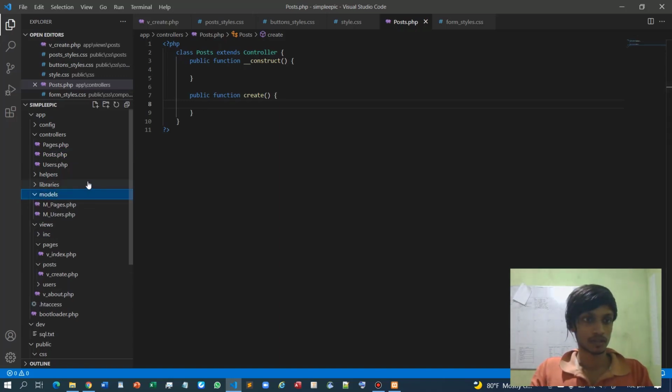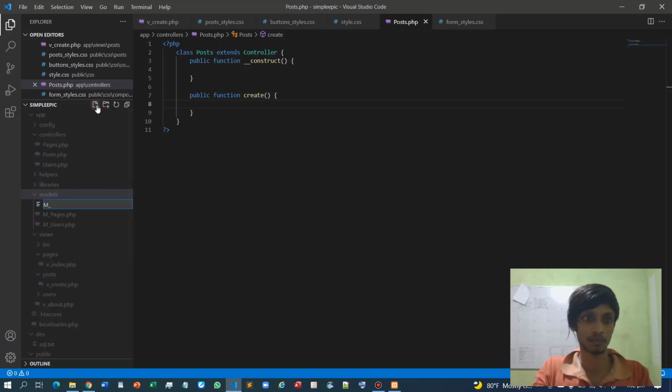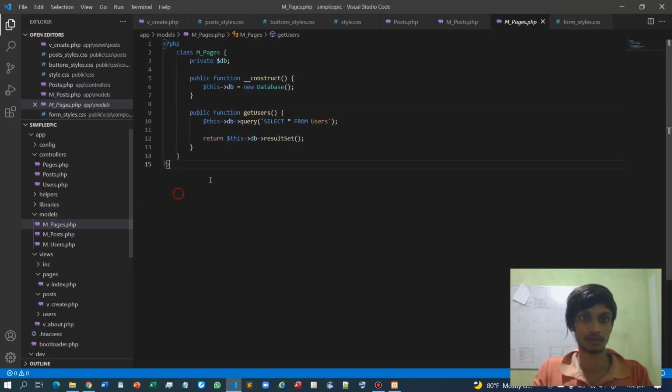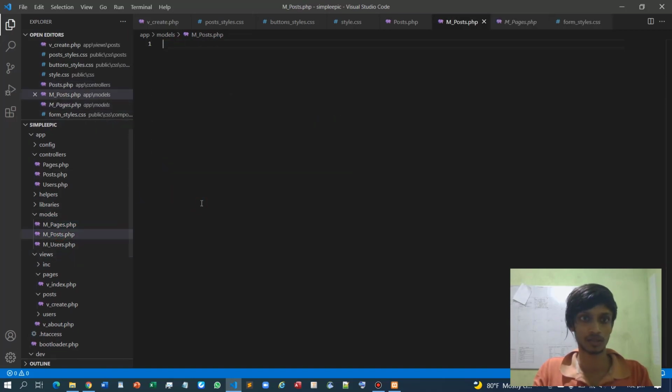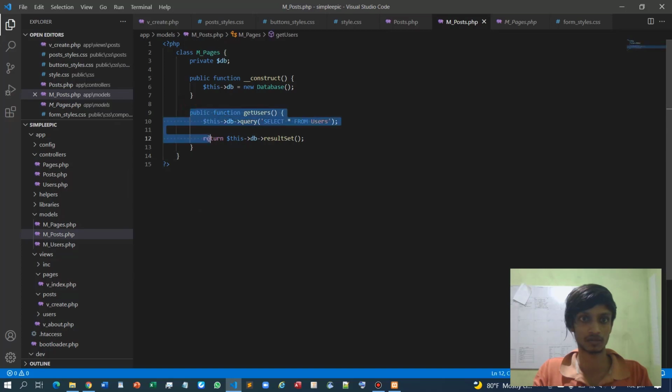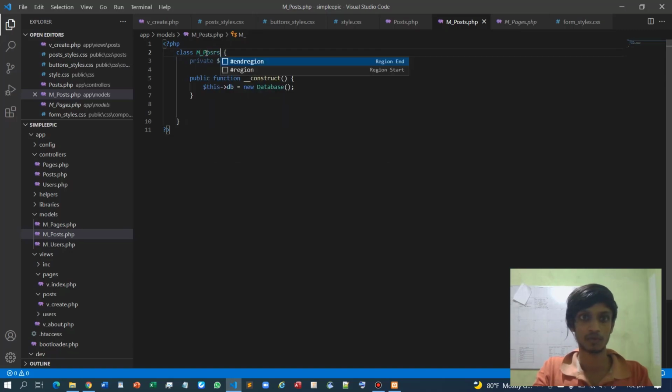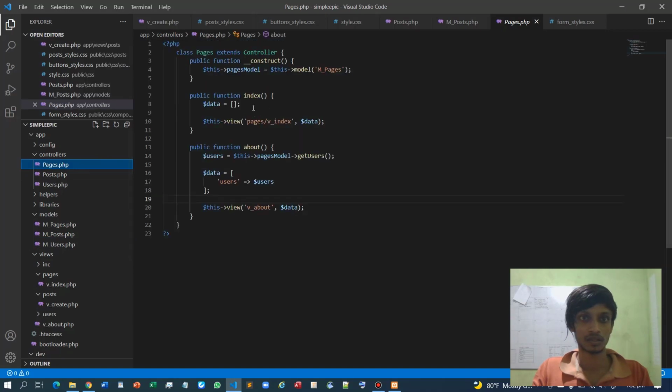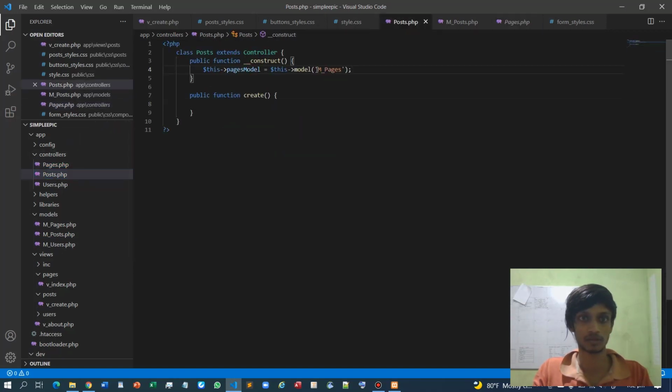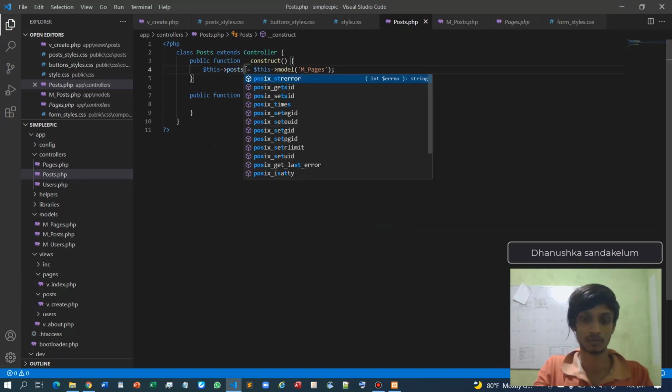So in the model I will create a new model, m post.php, and I will simply copy the content like this. I don't need this one. Yeah, m pages, m post. Then like in the m pages I can copy this out, but now it's the post model